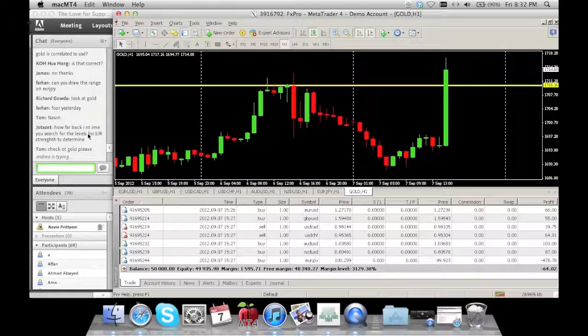Jota said, how far in time do you search for levels of support and resistance strength to determine? As far as it holds true. You can go back maybe even 5 days and see, okay, it's holding true again and again and again. You know it's strong. You don't need to continue monitoring it. But if you go back only 2 days and you see the market going in and out of the range, that's not respecting it. There's no need to go further back. You already know this level is weak. Does that make sense?